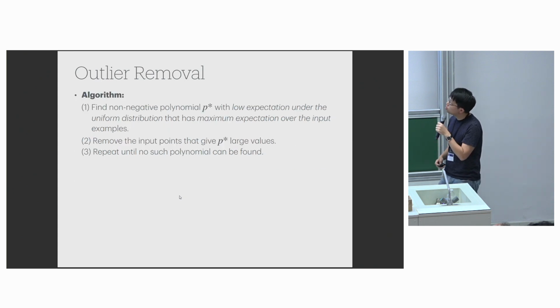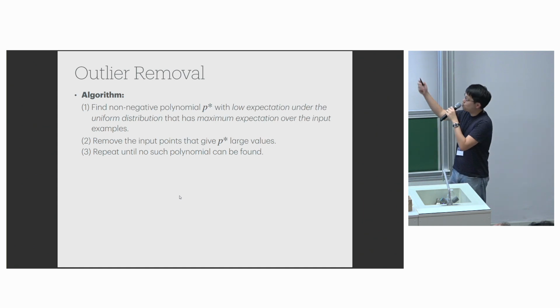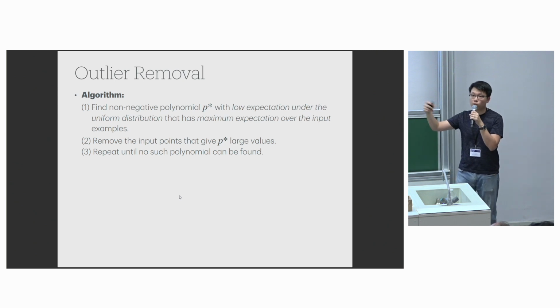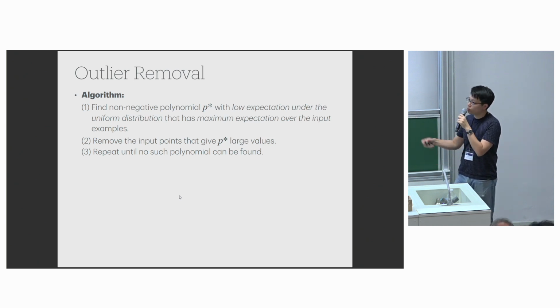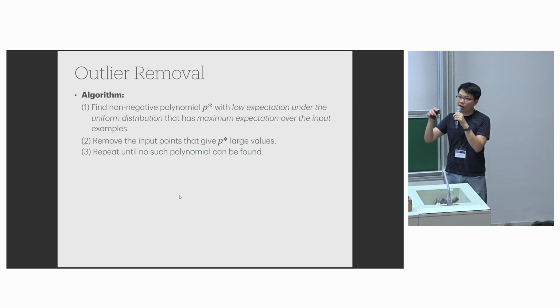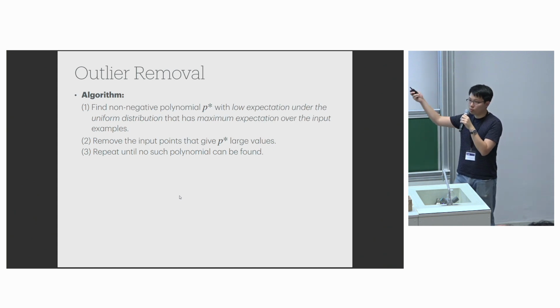Okay, so what is the algorithm? In a nutshell, this is the entire algorithm. It basically proceeds by using a filtering step followed by the LMN style polynomial regression. So in the filtering step, the idea is we're going to repeatedly find non-negative polynomials with low expectation under the uniform distribution. This is something we can compute because we have access to the moments of the uniform distribution, but have high expectation when evaluated on the samples. So in essence, this polynomial is supposed to be a distinguisher between the data set you're given and the distribution that you can learn from, right? And you keep on doing this until no more polynomials can be found.